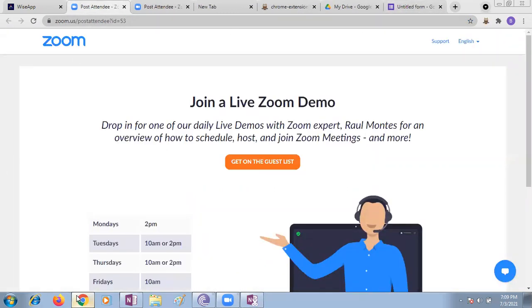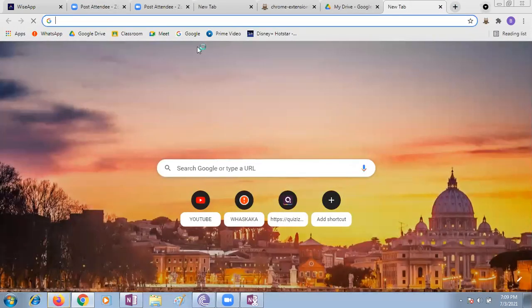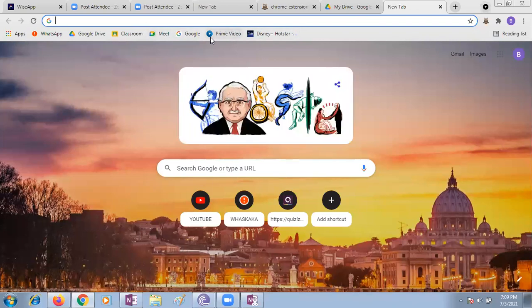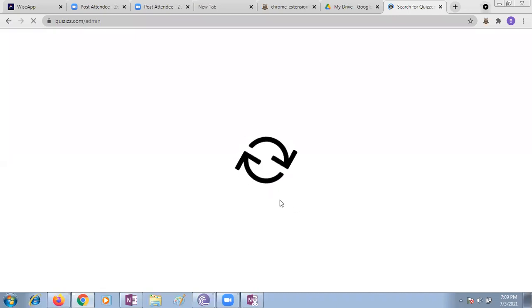Ma'am, you have to go to new Chrome. Ma'am, that plus symbol is there, new tab, right? Okay, new tab. Top right. Okay, new. Ma'am, now here only, you can see. Yes, ma'am, down it is there. Third option. Down. Yes. Okay, right, ma'am, that one. Thank you, children. You are making my work easier. Good.